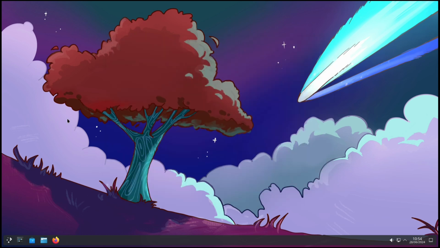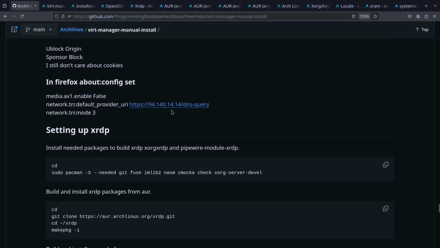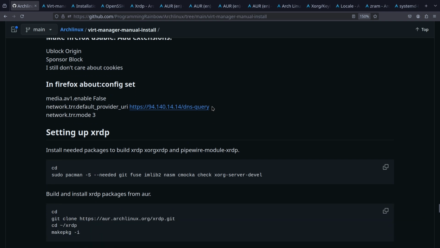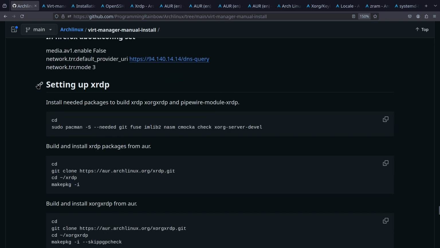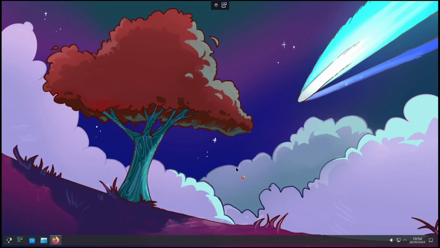Let me just look. Oops, I'm trying to go here. Let me just see what I'm doing here. I'm going to set up Firefox, and then I'm going to start working on Xrdp. Okay, cool. Over here, in Firefox,